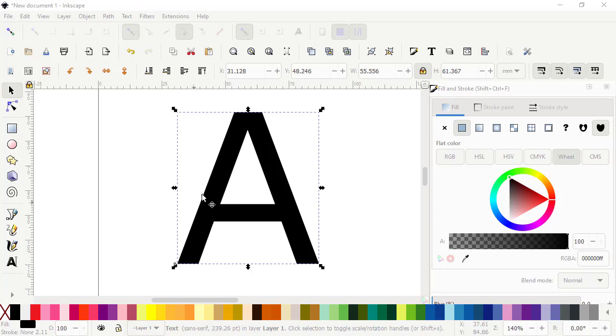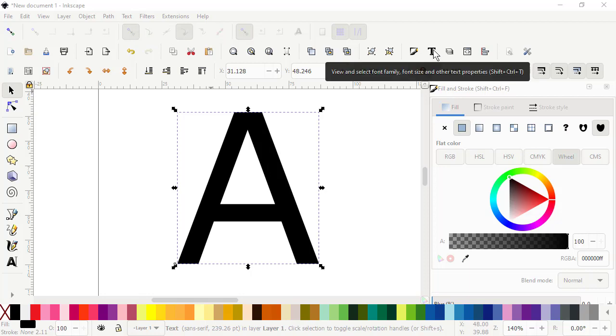Okay, here's a little video on how you can use text for applique. What we will do is go to the text tool and add your text. I'm just doing one letter here, and it doesn't matter if you're using one or multiple letters. Then you want to select your font style, and if you click on the text tool here,